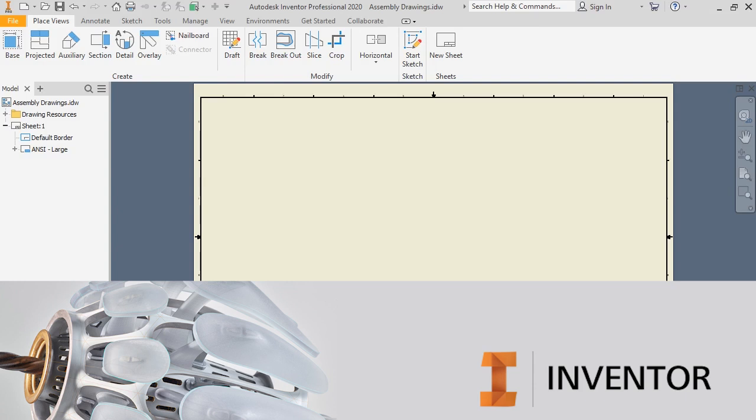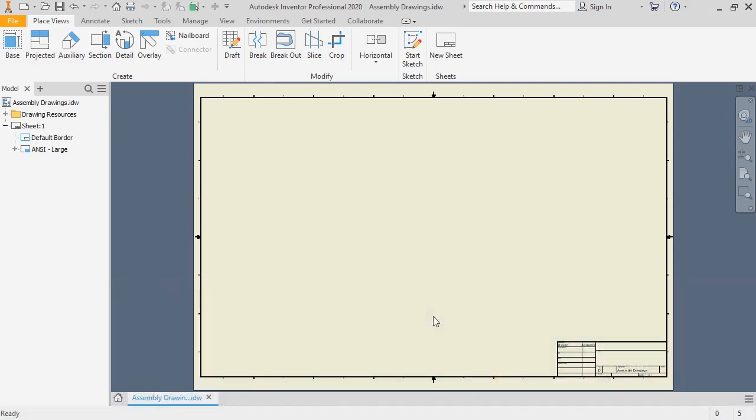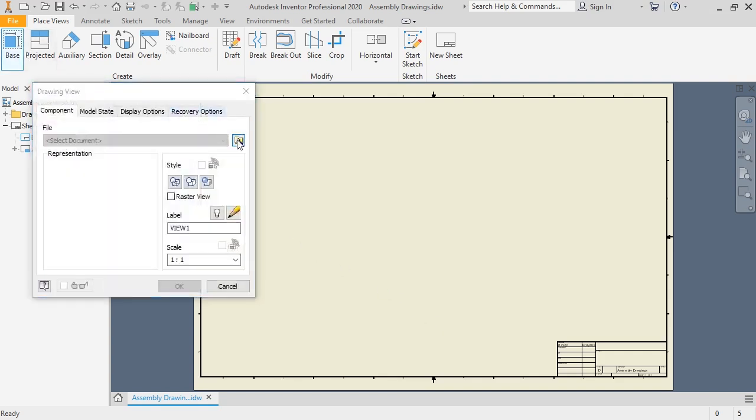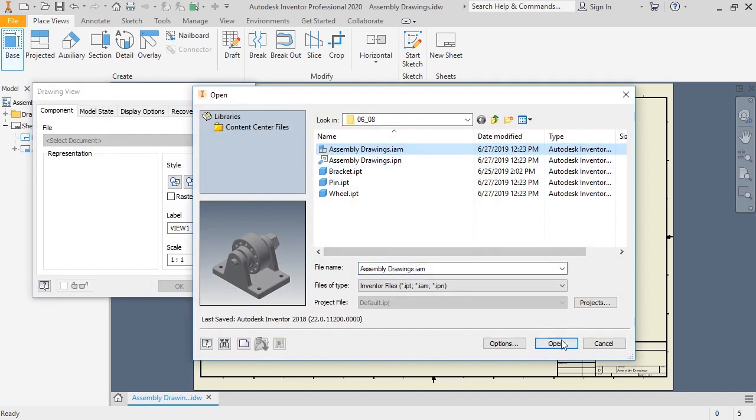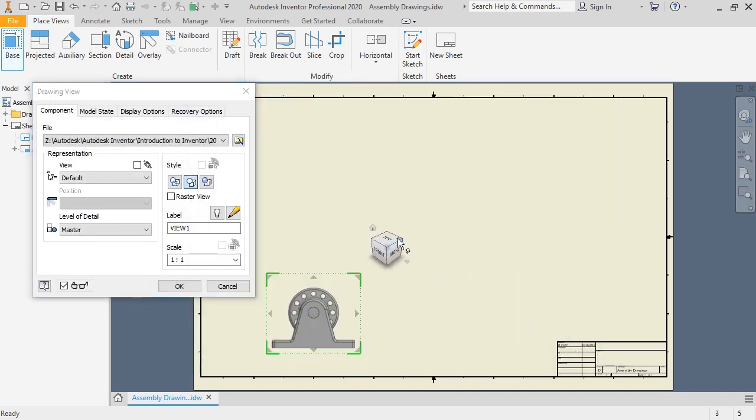Creating assembly drawings is much like creating part drawings. You can add views, retrieve or add dimensions, and add annotations using the same tools you used when working with parts. To add a base view of an assembly then, I'll click the Base View button, browse to the assembly file I want to create the drawing for, choose the orientation and scale,